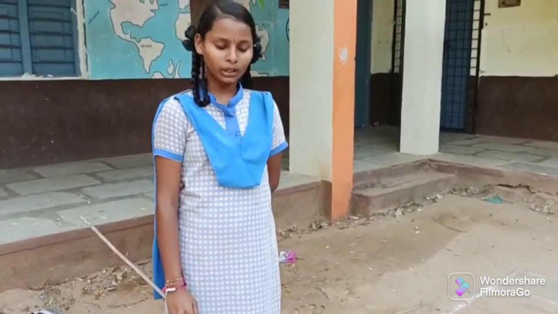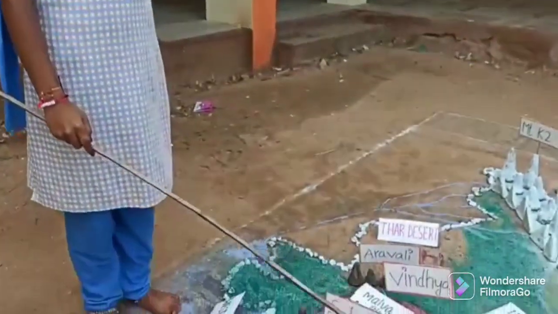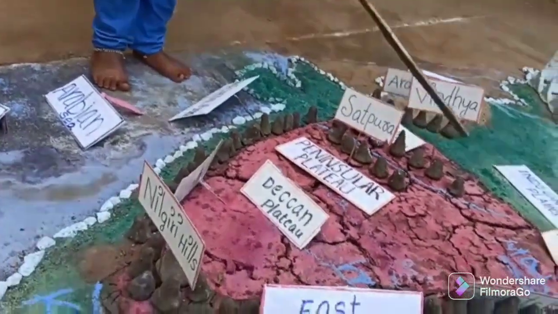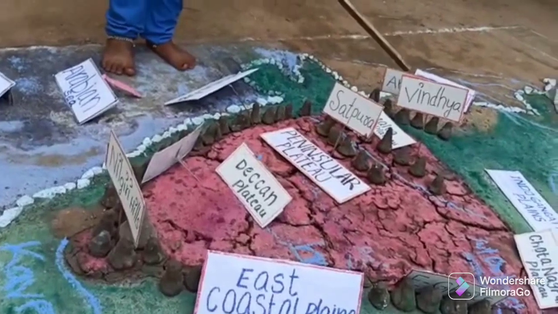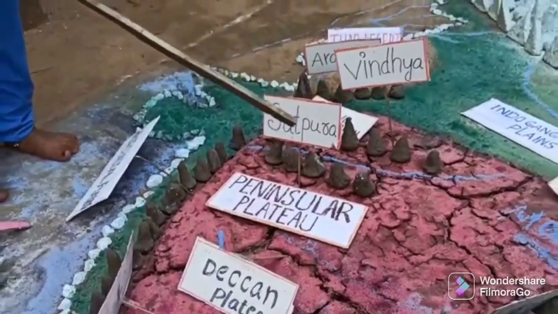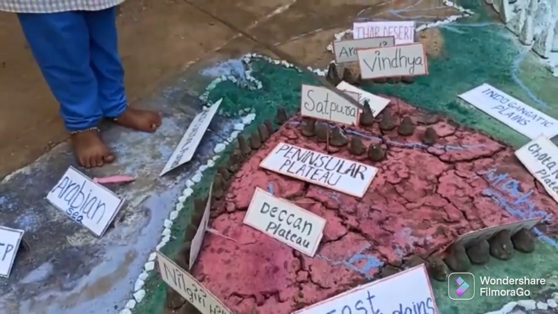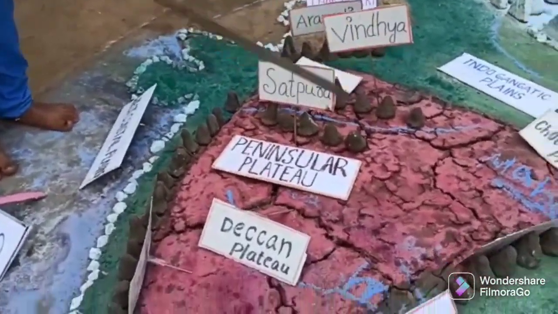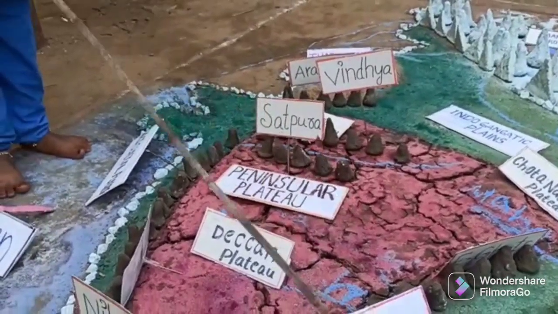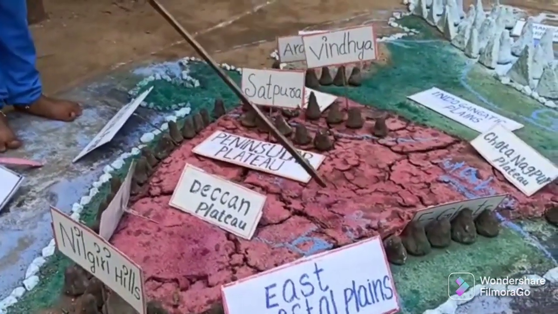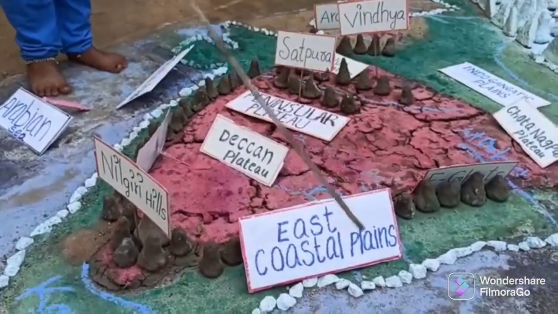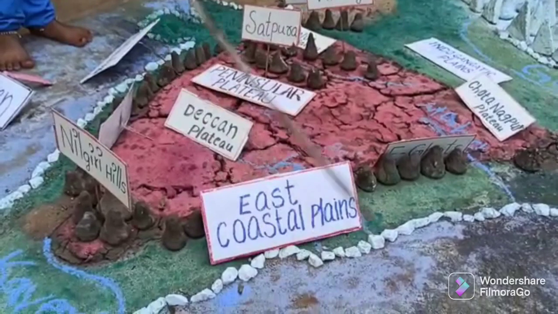I will explain about the Peninsular Plateau. A plateau is a landform characterized by a flat-topped region raised above the surrounding lands. The Indian plateau is known as the Peninsular Plateau since it is surrounded by seas on three sides. Metallic and non-metallic mineral resources are found in this plateau, which is slightly tilted towards the east. That's why the Mahanadi, Godavari, Krishna and Kaveri rivers flow towards the east and merge into the Bay of Bengal.